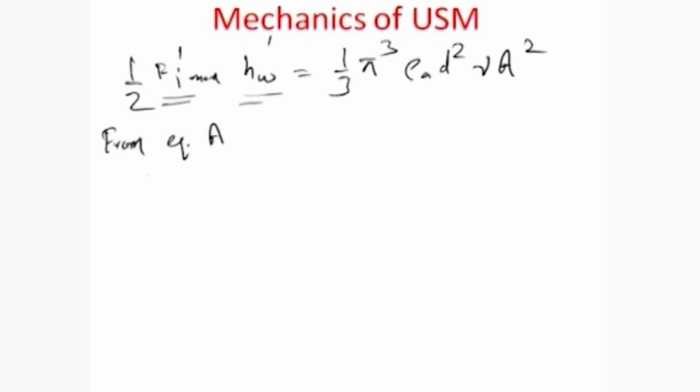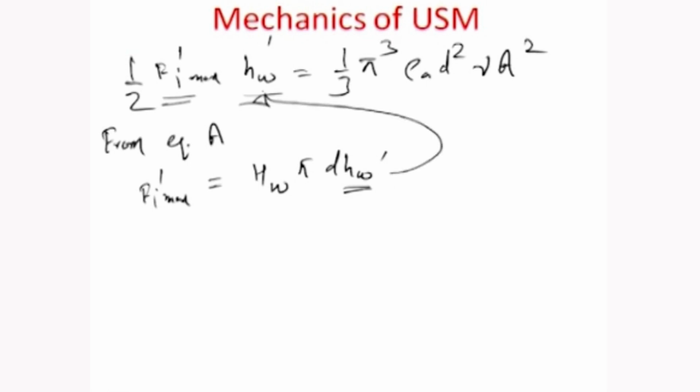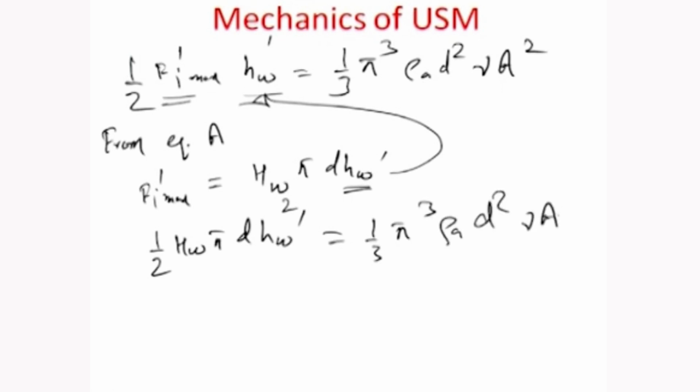From this equation A, you already know that Fi dash max can be equated equal to HW pi d small HW dash, where this is the maximum indentation depth of a freely flowing abrasive grain on the surface. So, if we substitute this for Fi dash max, we get a formulation half HW pi small d small HW dash square. Okay, half Fi max dash times of HW dash is actually equal to 1 by 3 cube of pi rho a square of d nu a square, and that way you can actually have HW dash